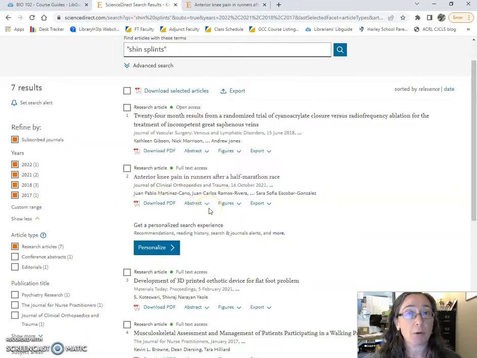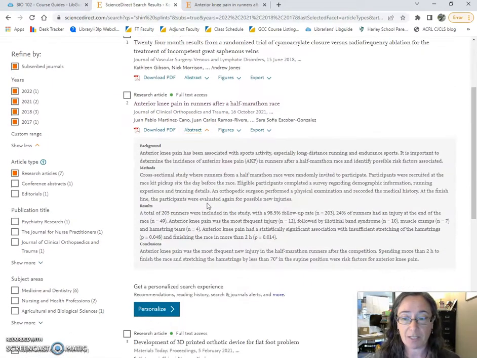Now, if I wanted to know a little bit more about that article, from here I can click on the word abstract, and you'll see I get that summary of what this article is going to talk about. And to find one of those empirical scientific research articles, really what we need to identify are 2 main things. They would come from a section in the article called the method section, because the method talks about what the scientists did, what their experiment was, how they got their data, and who they did their experiment upon. Sometimes it's people, sometimes it's animals, depends on what their research topic is.